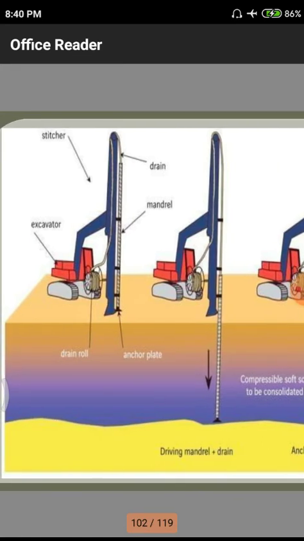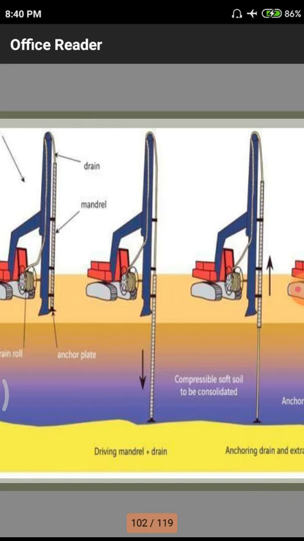So we have an excavator. After that excavator, we have the stretcher. The stretcher has some hydraulic properties to drain the soils, and we have these piles. Whenever the pile is at the ground surface, in the second diagram the pile is moved up to a particular depth. After that, we have to place these ropes up to some extent.